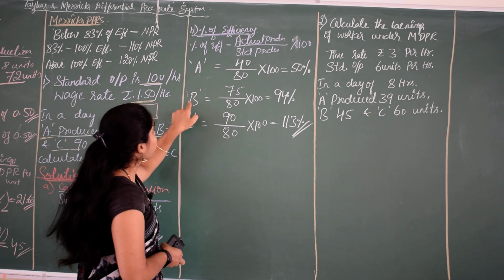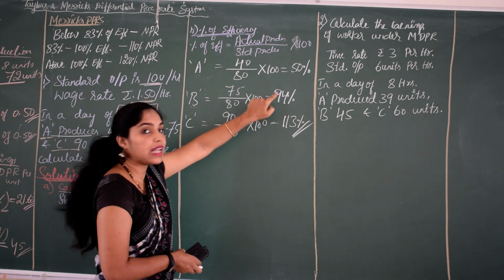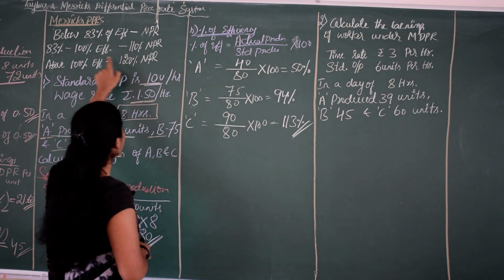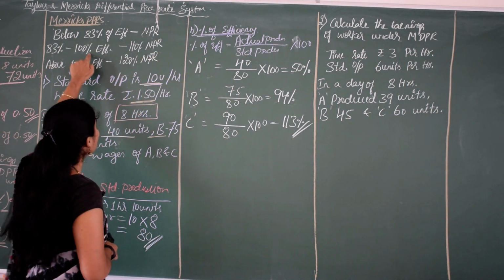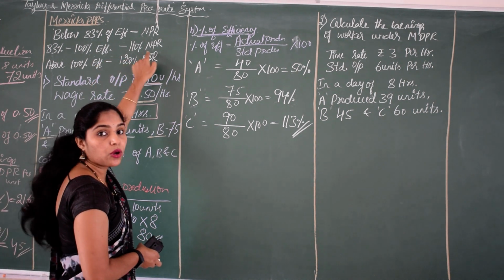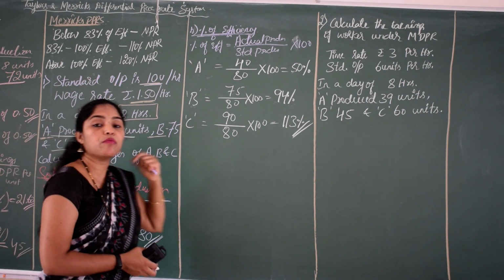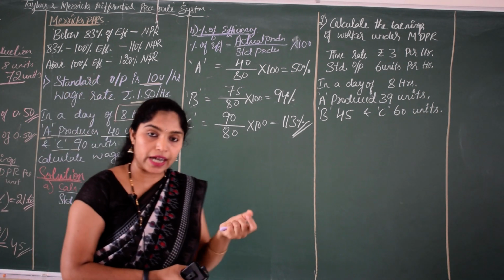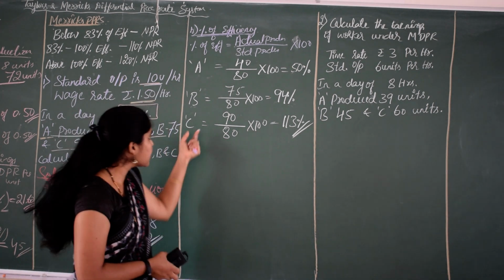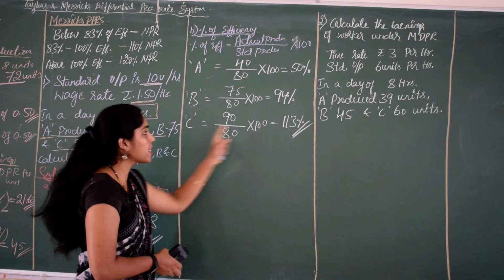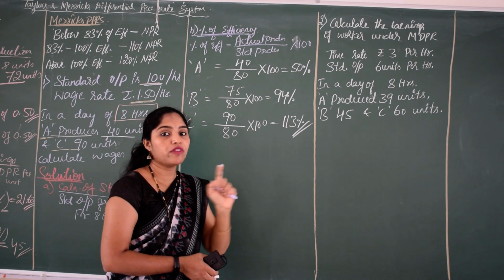And B's percentage of efficiency is 94%. Okay, so if the level of efficiency is 94%, then he is going to get 110% of normal piece rate. See, 83 to 100% efficiency, employees are going to get 110% of normal piece rate. And the third criteria is, if the employee's percentage of efficiency is more than 100, then they are going to get 120% of normal piece rate, and C comes under the third category because his performance is more than 100. So, he is eligible for 120% of normal piece rate.